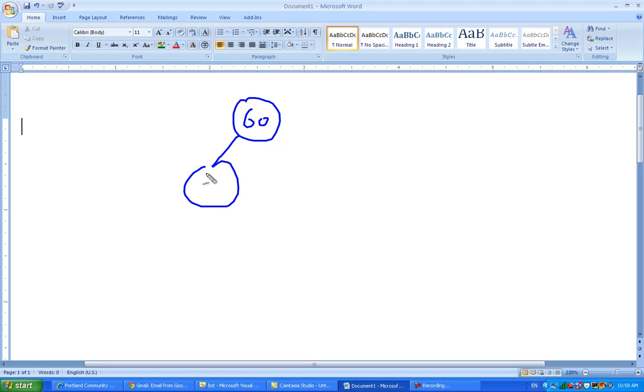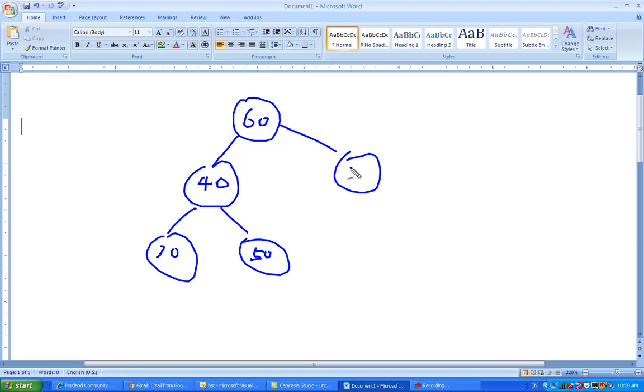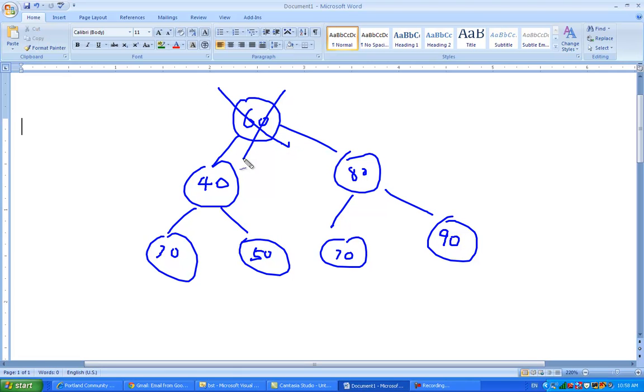Let's restore the original tree so that we can draw on it. 30 and 50. 80. 70 and 90. Okay, and now my objective is to remove this guy,